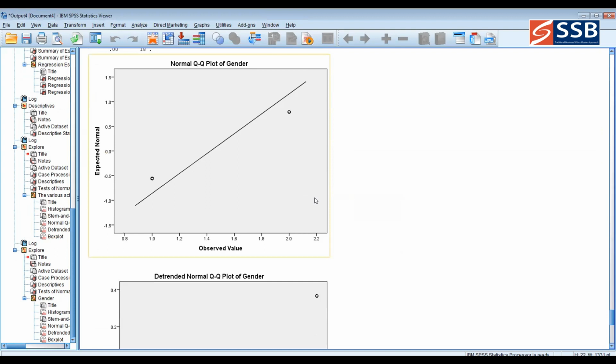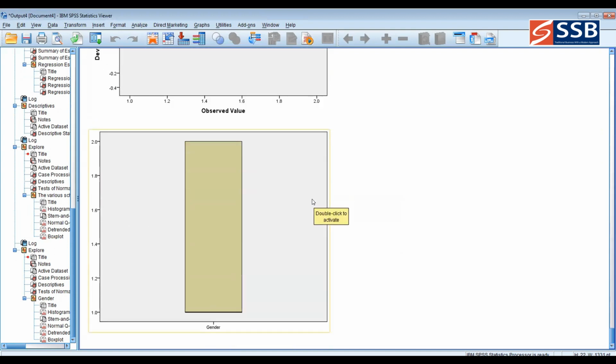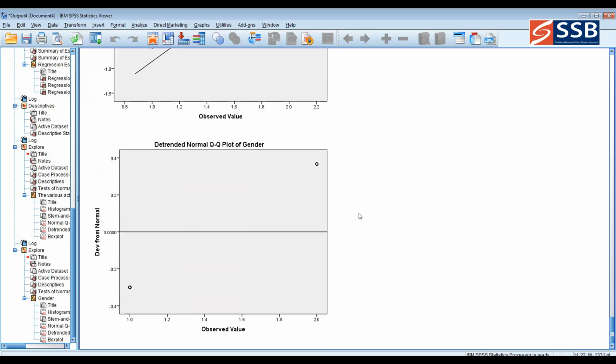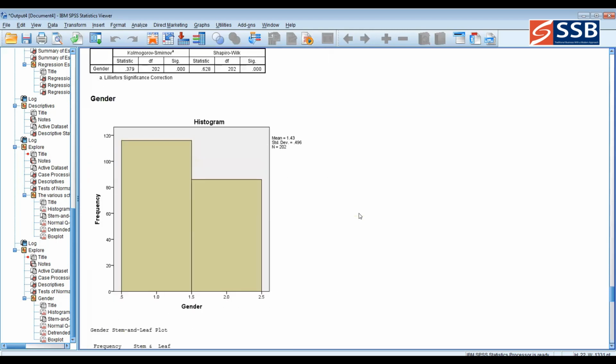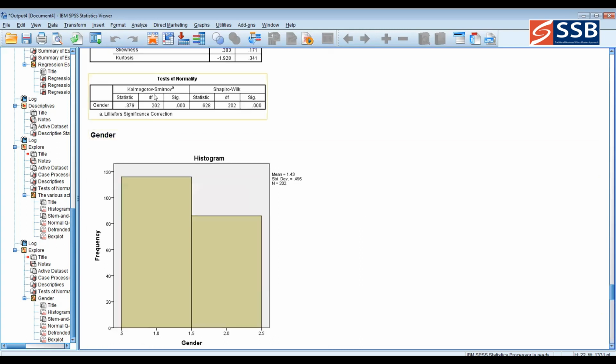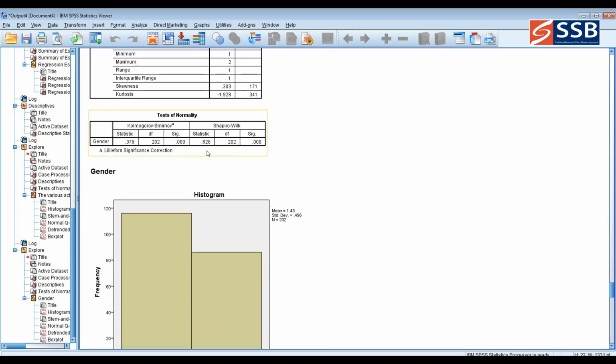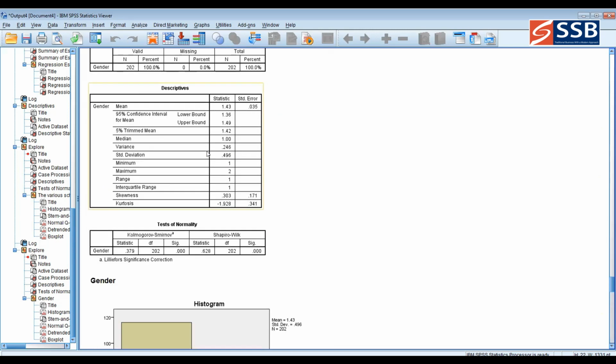Whether it is normal or not, you don't worry about all this. Whether it is significant or not, we will check with the p-value. Where is the p-value? Here in the test of normality, it is showing 0.000. That means the significance level is less than 0.05. So for this data set, we have to go for